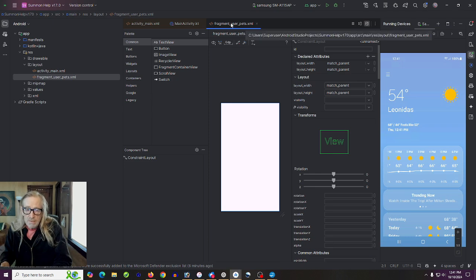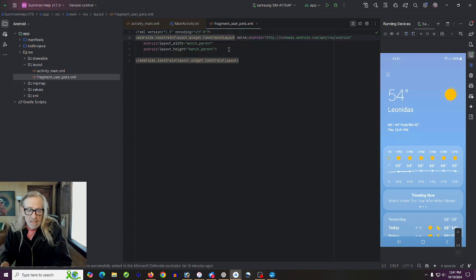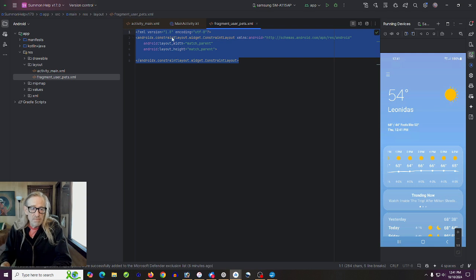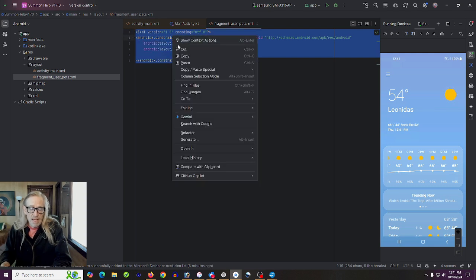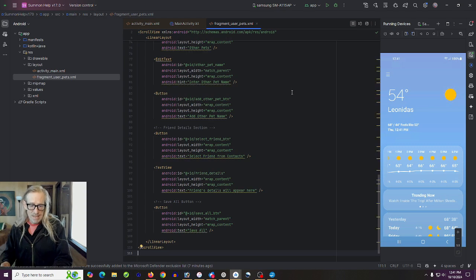Go into fragment user pets. But we're going to get rid of the constraint layout and use a scroll view with a vertical linear layout inside of it. Paste. Now, if we're lucky,